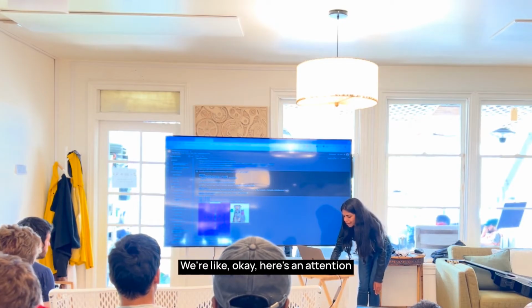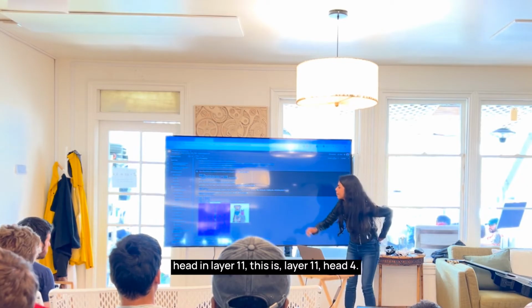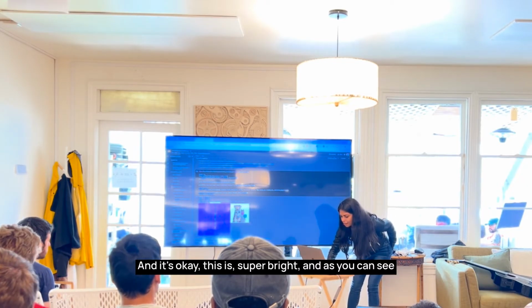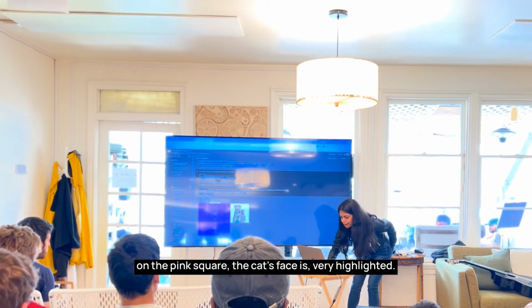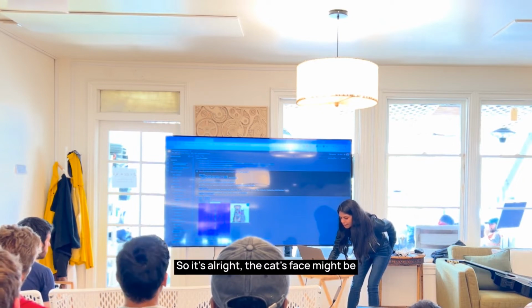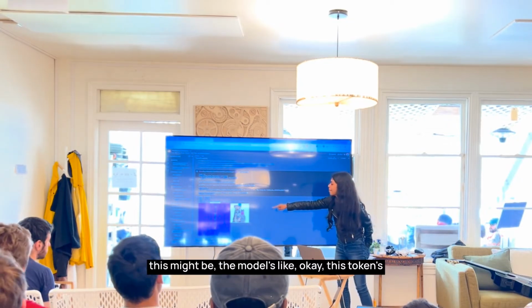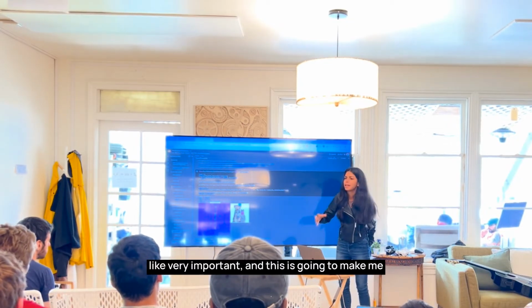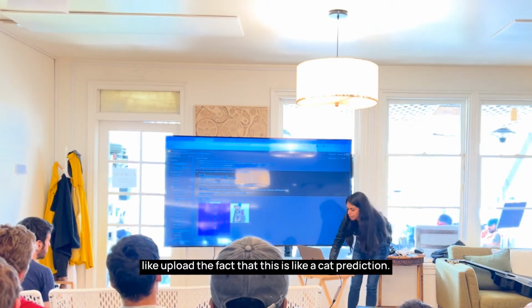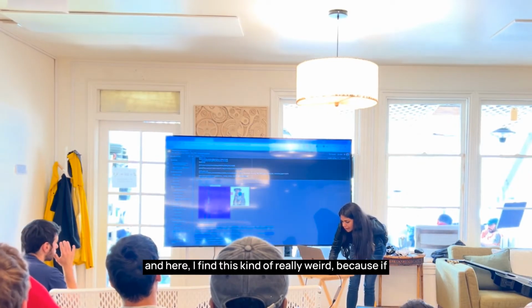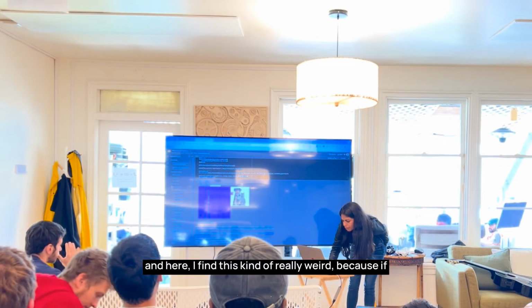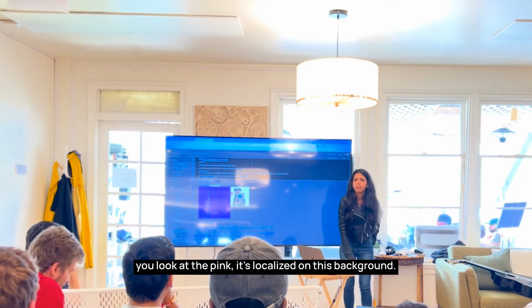Okay, here's an attention head in layer 11. This is layer 11 and 4. And this is super bright. As you can see on the pink square, the cat's face is very highlighted. So the cat's face might be pretty key in it deciding it's a cat. The model's like, okay, this token is very important, and this is going to make me upweight the fact that this is a cat prediction. And here, I find this kind of really weird because if you look at the pink, it's localized on this